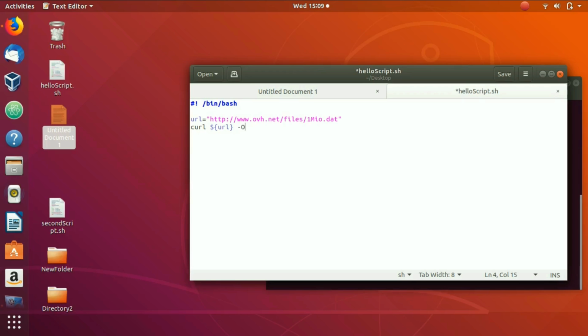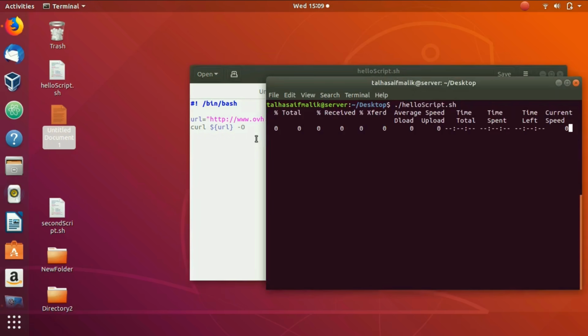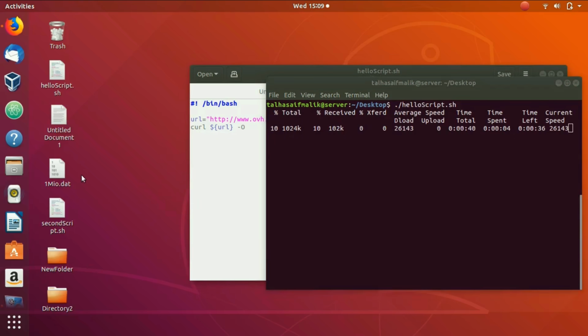First of all, if we put here -o, then it would inherit the actual file name. So if we Control S it, go to our terminal and try to run our script, you can see that it has started to download, and this is the original file name. So basically it has inherited that file name,